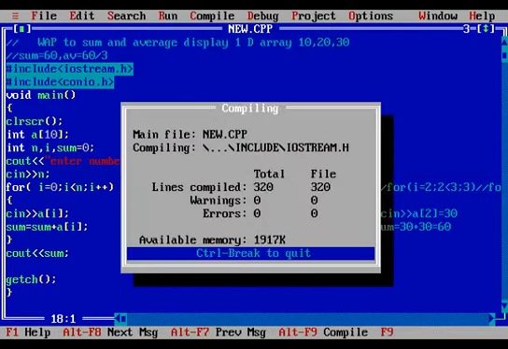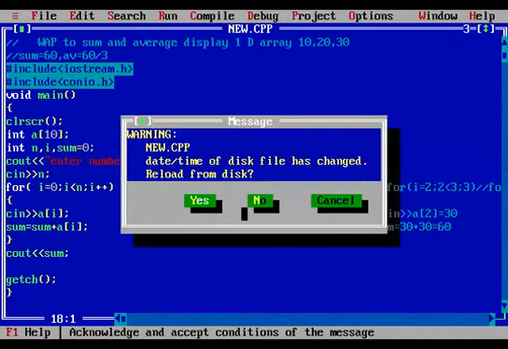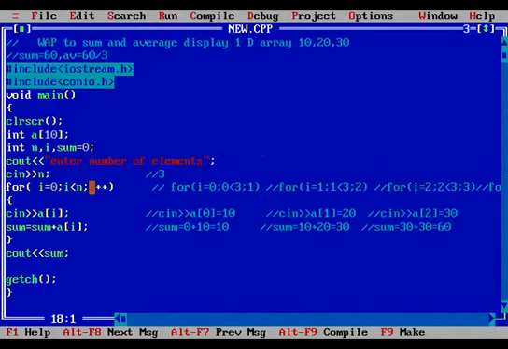Let's run this again. The maximum number is 3. Answer is, the values are 10, 20 and 30. Answer is 60. Right? Then in the same program, if I say you have to find the average, then